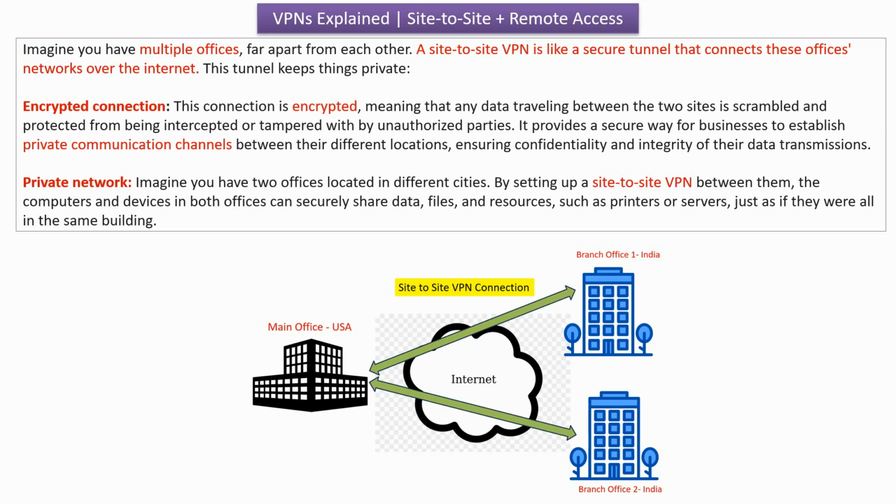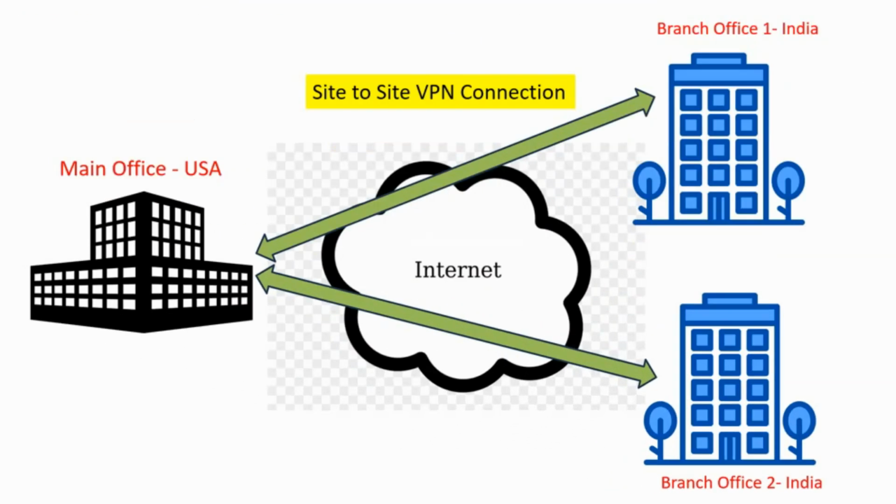In this video tutorial, I will explain what is site-to-site VPN and remote access VPN. Imagine you have multiple offices. Here you can see a main office in USA and two branch offices in India. In this case, a site-to-site VPN is like a secure channel that connects these offices' networks over the internet, and